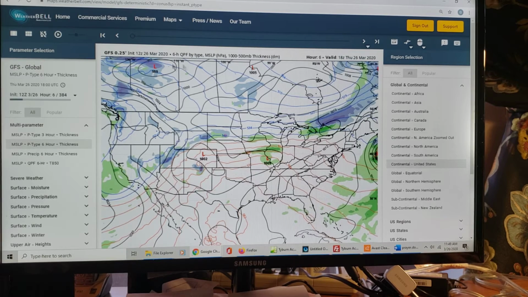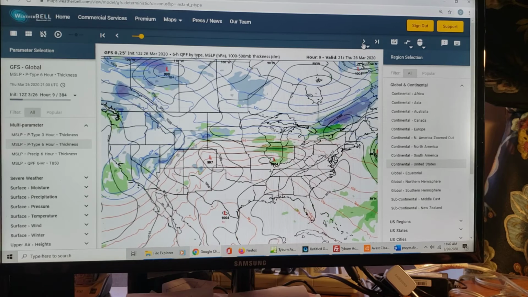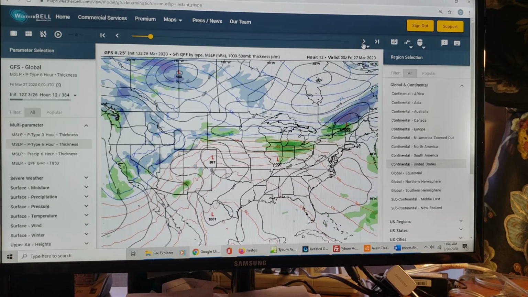We're starting with a 6-hour forecast valid this afternoon. And by coming up to the top, I can just make the weather patterns move. So let's just go through this all the way out to the end of the period of time, which will be a ways. So right now we're seeing lows off the coast, high north of us. We got some sunshine here in Auburn right now this morning. We see the high is shifting toward the east.